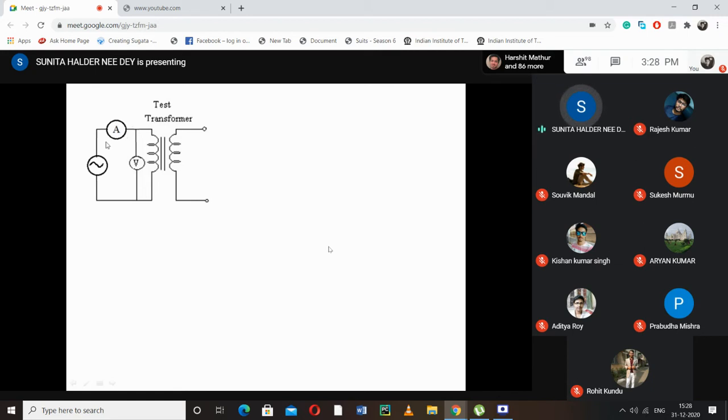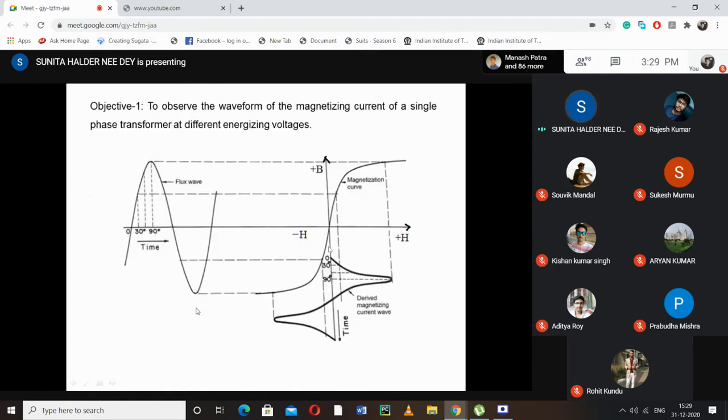To observe the magnetizing current, the transformer secondary should be open. Otherwise, if there is any load at the transformer secondary, that will be reflected in the primary. So this current in that case will be the summation of the magnetizing current plus the component of secondary current reflected to the primary. So if we want to observe only the magnetizing current, then obviously the secondary should be open.